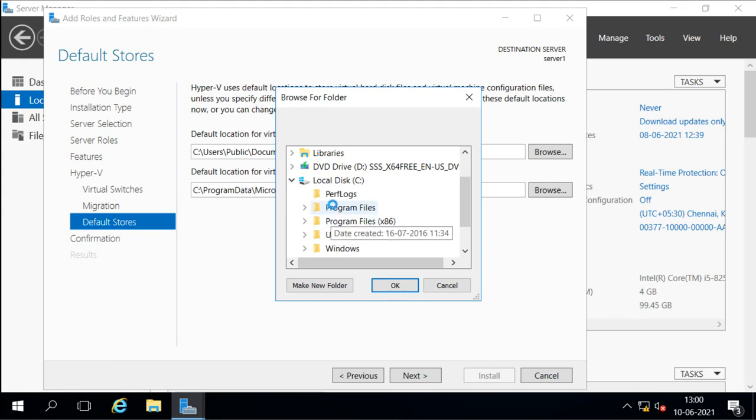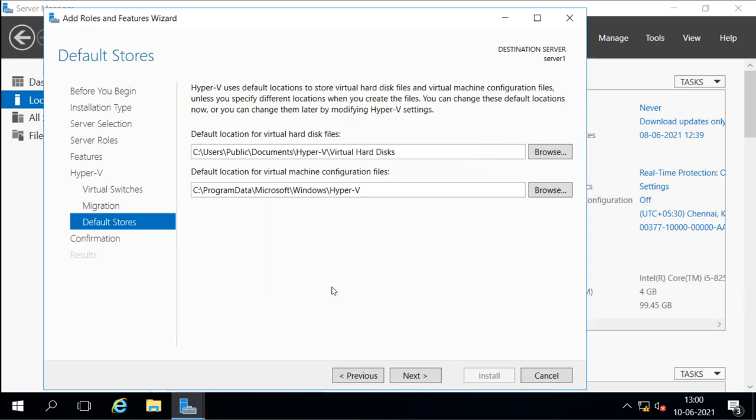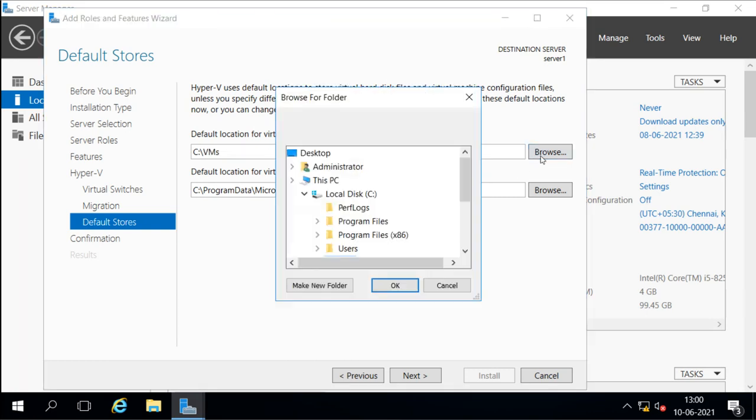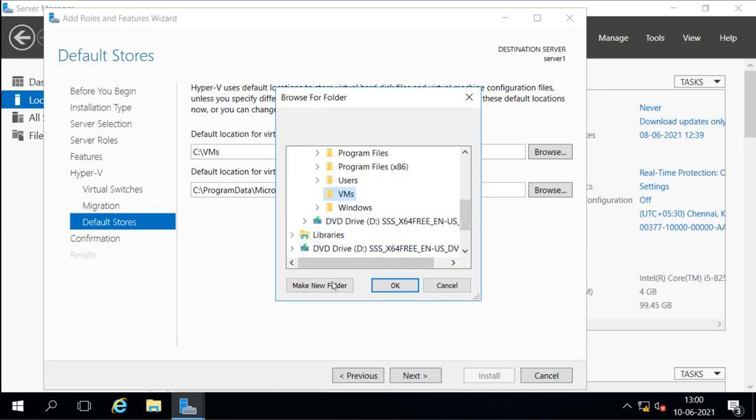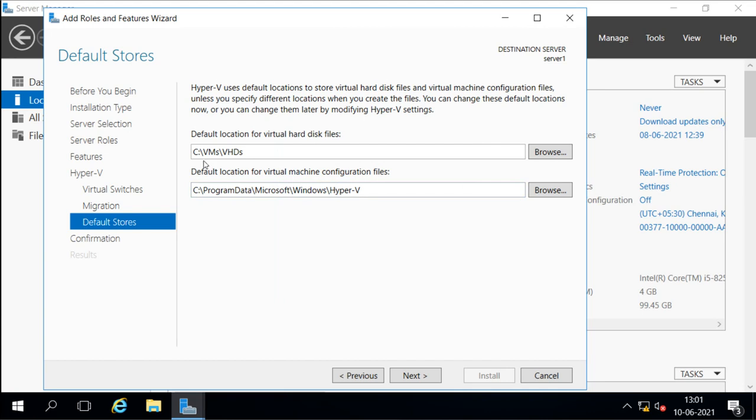I will create a new folder here. This will be for my VMs, and under that VMs I will create a new folder for VHD. This is for VHDs.